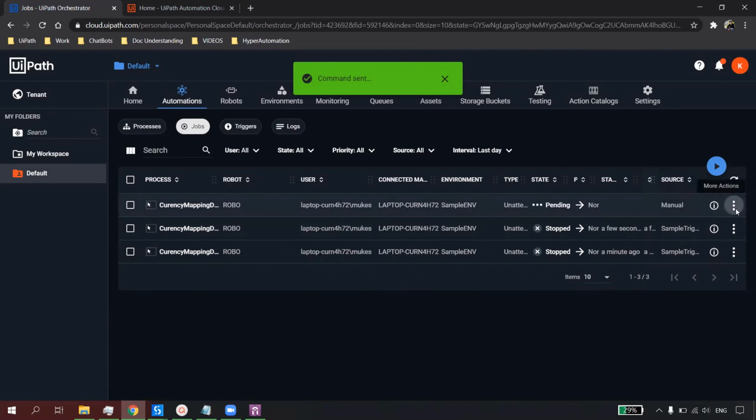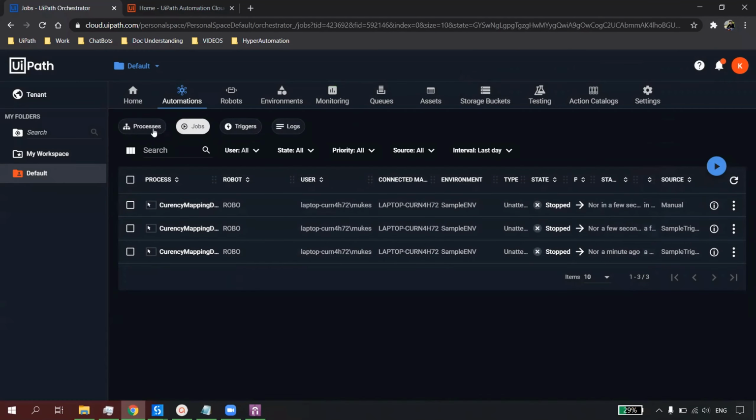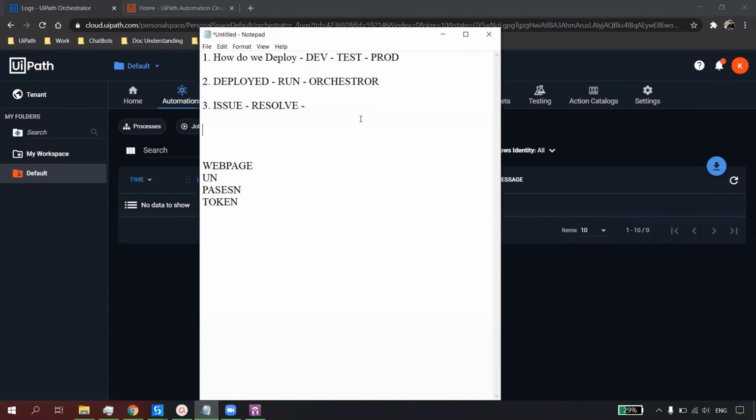So do you understand it now? I'll kill it again. Okay, this is how you take care of the jobs. Now for every job which you execute, there is something called logs. The logs are generated. As of now I have not included any logs, but when we do a complex process, we always have logs. So you can always come here, visit the logs, and see what went right and what went wrong with the process.